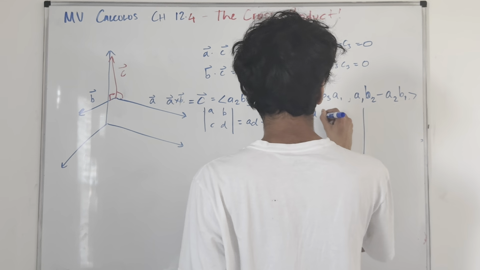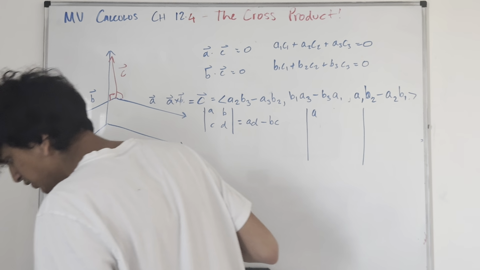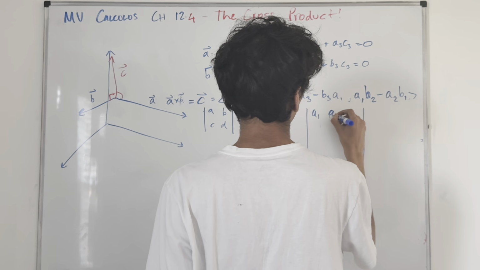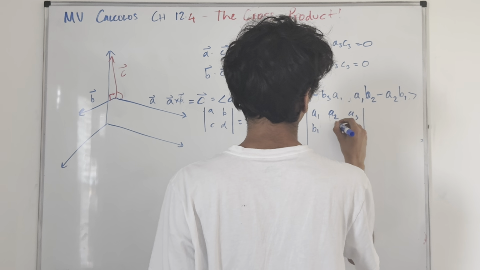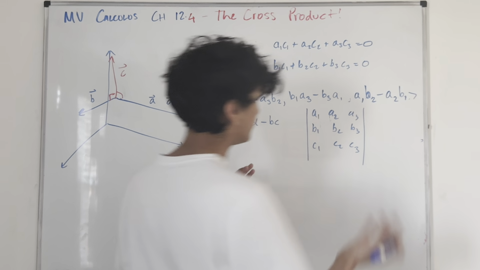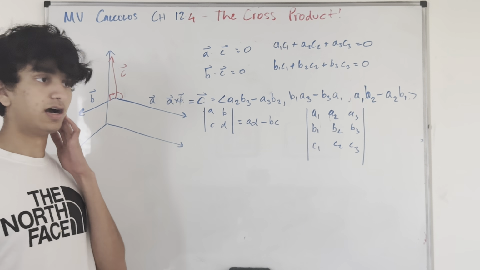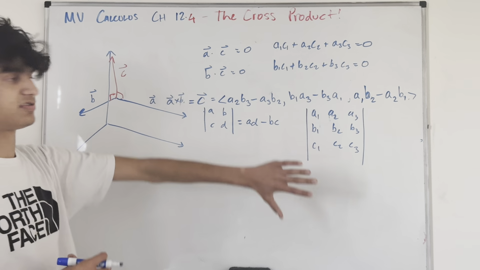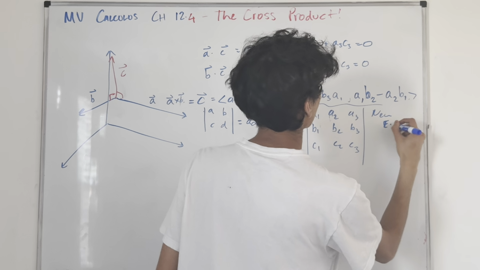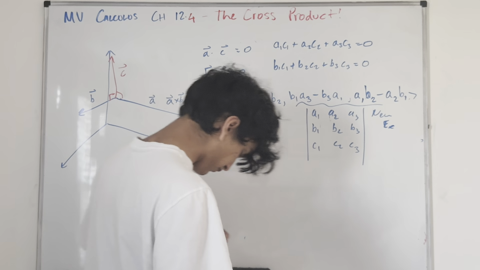So I can say A1, or let's not even do that. How does the book do it? Yeah, let's just do it this way. A1, A2, A3, B1, B2, B3, C1, C2, C3. This is not at all related to the vectors. This is just my own thing. Okay, new example. So to evaluate this determinant, what I do is